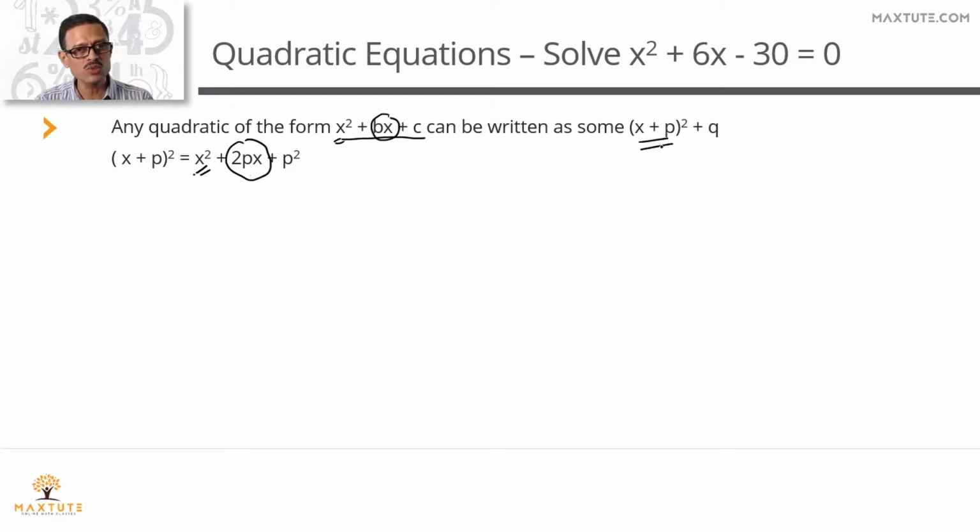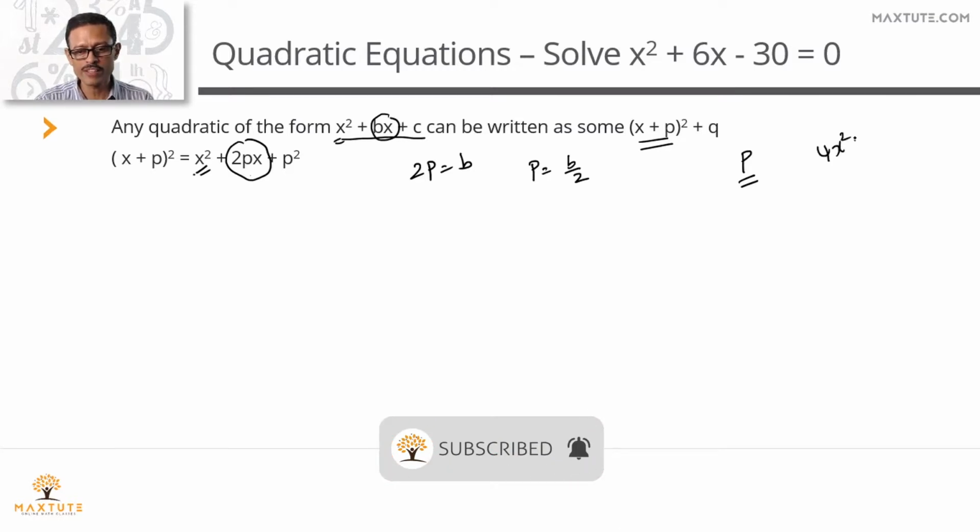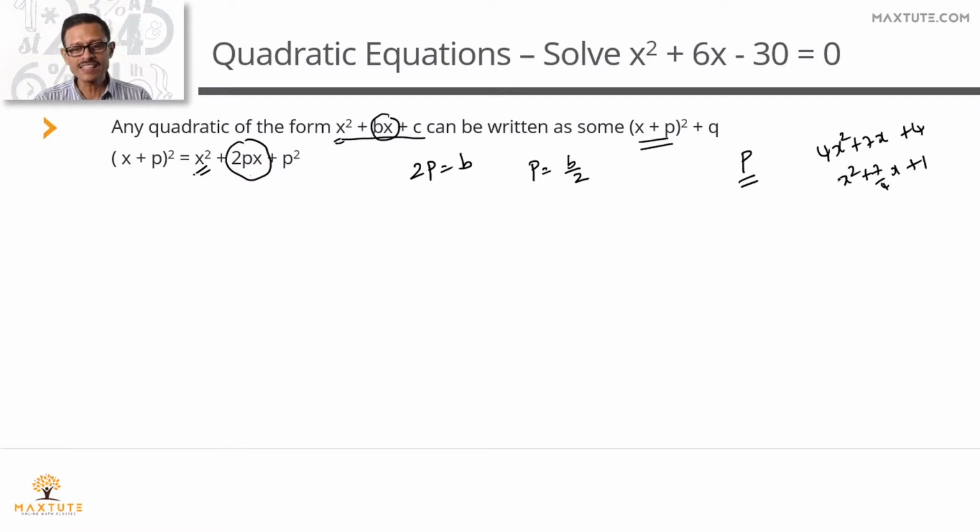Our objective is to write it as an x plus p the whole square. So we need to find out the value of p. Have we found out the value of p? For us, 2p is equal to b when we compare these two equations. So finding the value of p is very straightforward. P is equal to b by 2. That's a starting point. First step, always write any equation. If you had an equation which says 4x square plus 7x, write it as x square plus 7 by 4x. Let's say this is equal to plus 4 plus 1. Write the equation in the form x square plus bx plus c. The coefficient of x square should be 1.